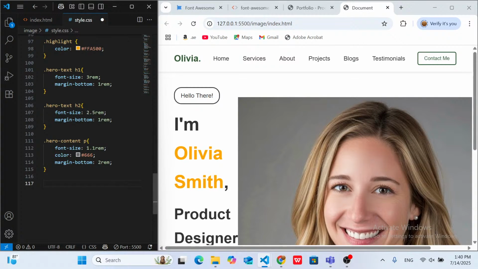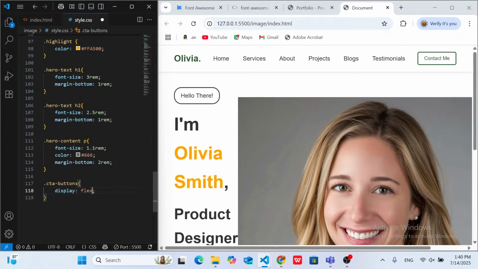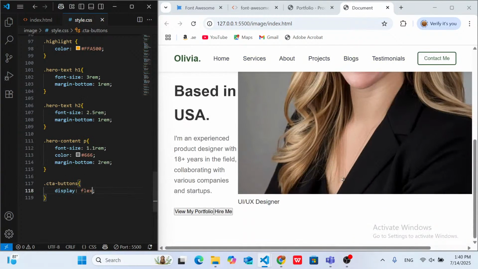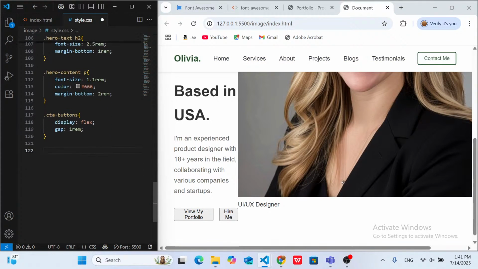Then for the call to action buttons, I'll make it a flex box. Then I'll be giving it a gap between contents, a gap of 1 rem. Then for the primary button,